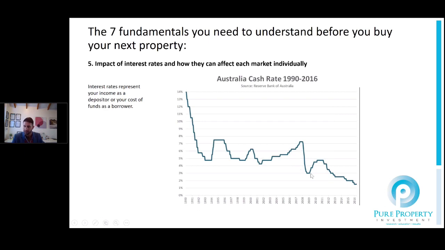GFC. Then the GFC came and we cut our cash rates very quickly, but the economy was still strong, so there was a bit of a quick boost, and now it's plateaued down to this point where we're seeing around 1.75-ish, give or take, cash rate, which from all the economists we look at and their data, we're probably going to see sitting there for, I think realistically, the next 18 to 24 months as a minimum.